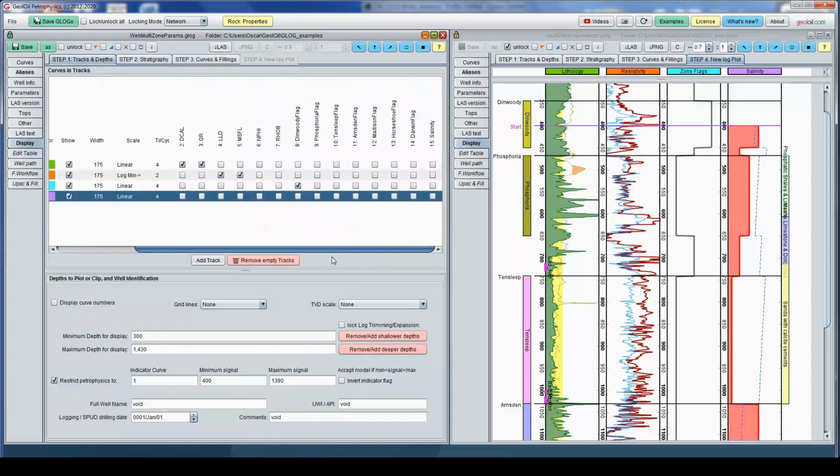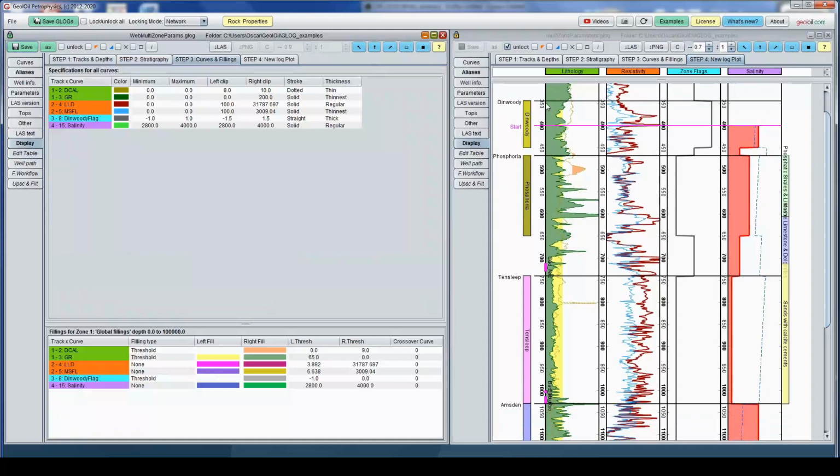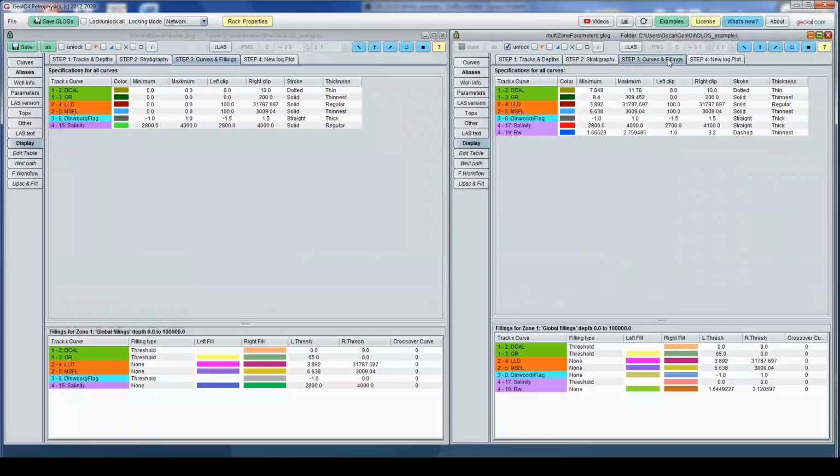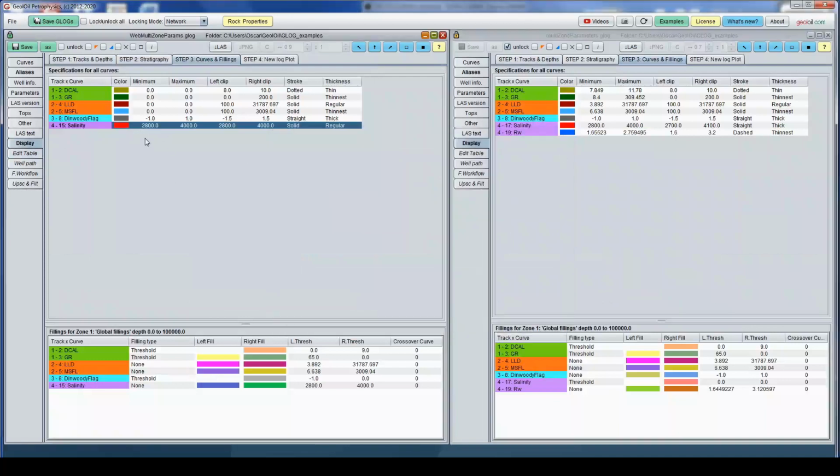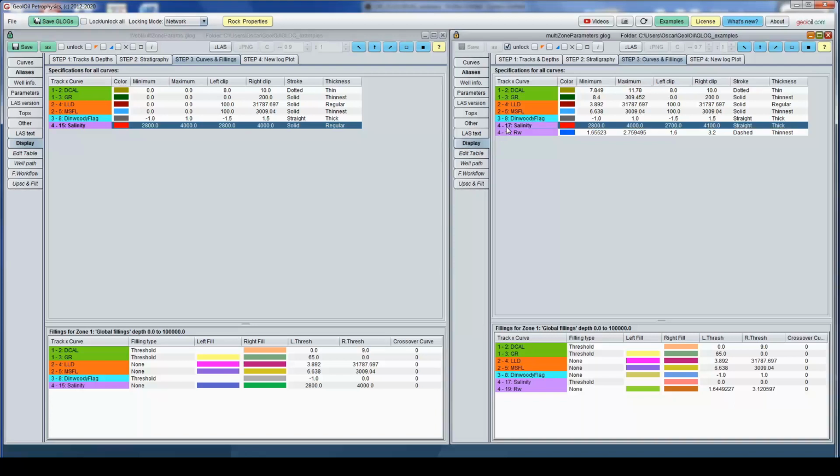So go to the salinity track and add salinity. Let's take a guide here. Okay, let's put that in red. Salinity ranges from 2800 to 4000.